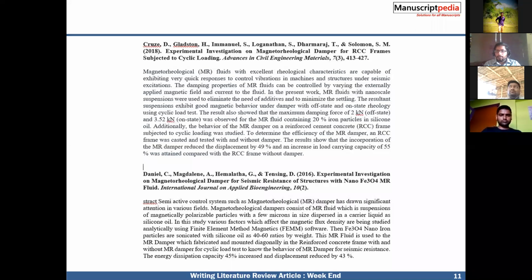But in the abstract, some basic introduction will be there at the start. You have to remove that and keep what the present work has done. The title has to be there, then the reference, then the abstract. Same as this, you have to do it for the 60 articles which you have downloaded. That is the second step.